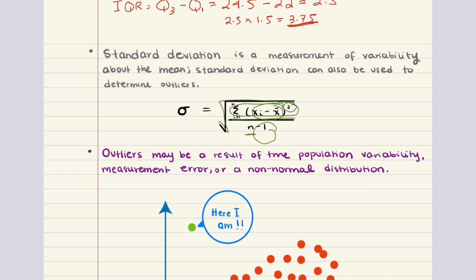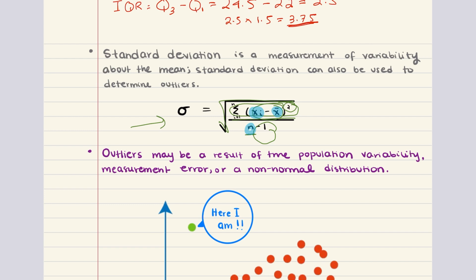This is mathematically expressed in this form where xi represents each data point, x bar represents the mean of the data set, and n is the number of data points. Standard deviation is particularly important because it relates directly to the normal distribution. Recall that 68% of data in a normal distribution falls within 1 standard deviation of the mean, 95% within 2, and 99% within 3. Now we're going to jump into a practice problem to help us understand how to calculate